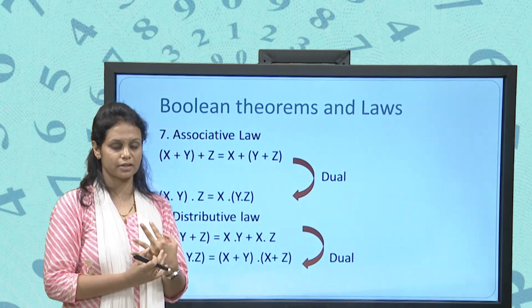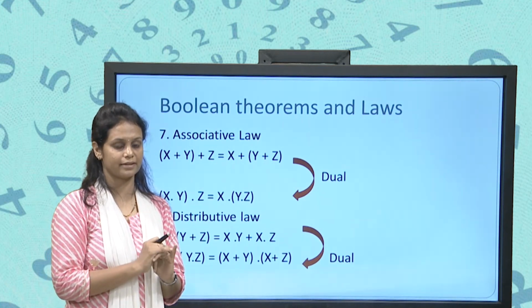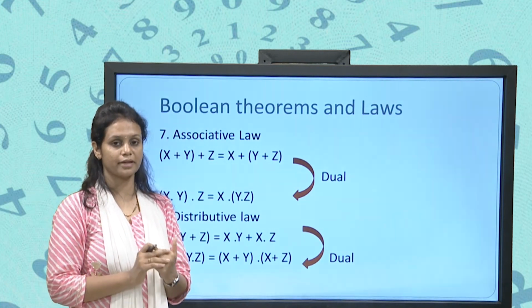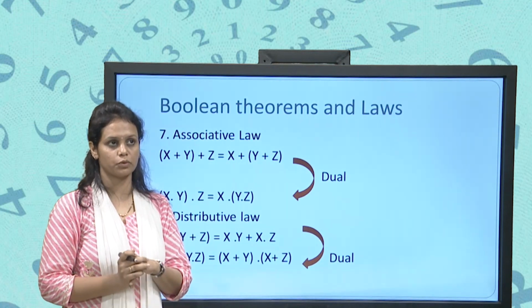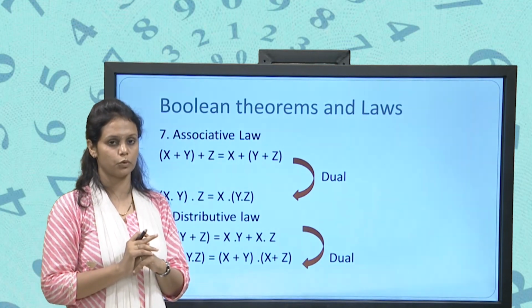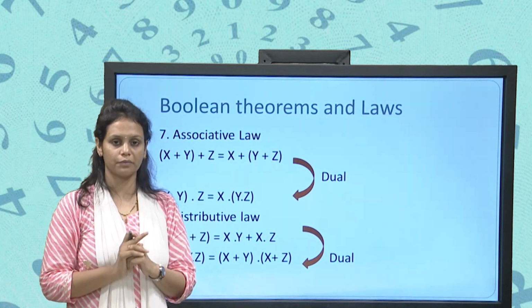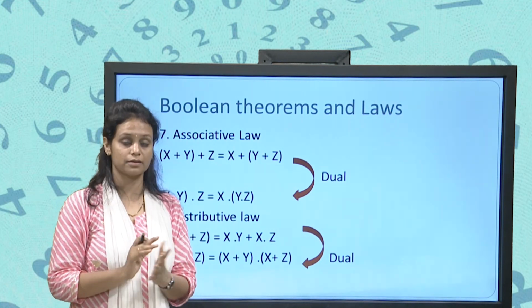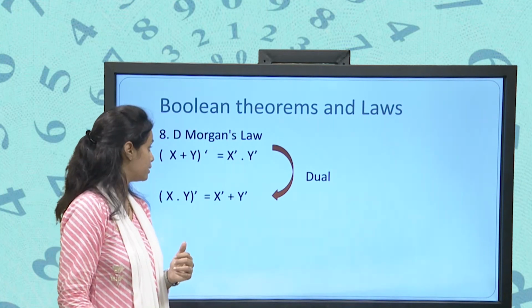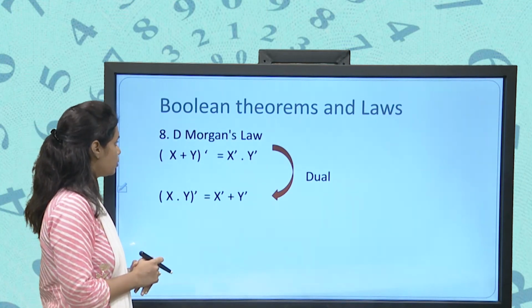So next, first of all, it's not compulsory to relate Boolean algebra to set theory, but if you relate Boolean algebra with set theory, meaning you relate your plus operation with the union, and dot with the intersection, then your Boolean algebra becomes much simpler. Fine. Next is De Morgan's law.